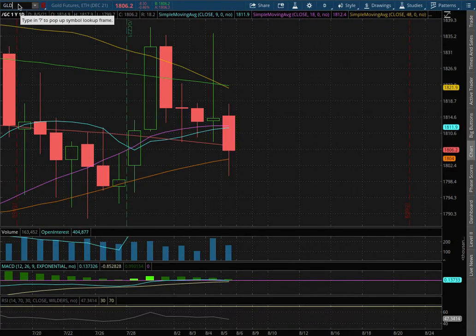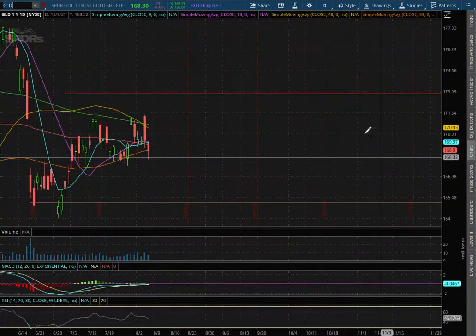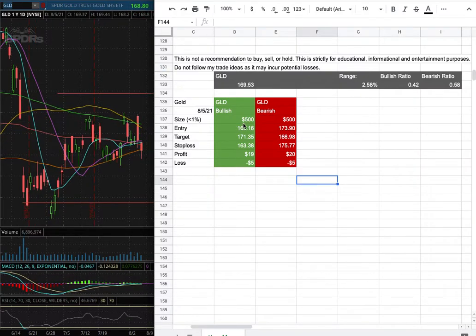As with the trade idea, I'll be trading GLD, and my position size for it is less than 1% of my portfolio. My long entry is at $165.16. My sell target is at $171.35. My stop loss is at $163.38. However, if I were to open a short position, my entry is at